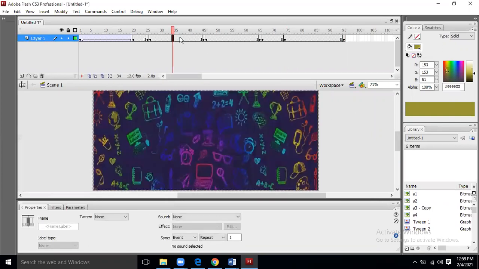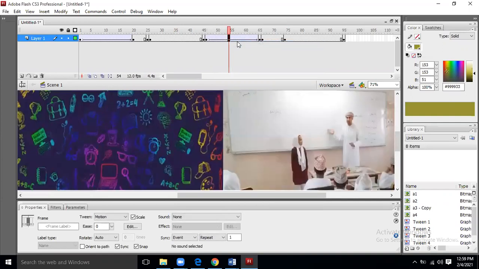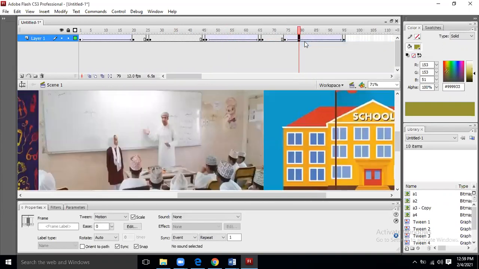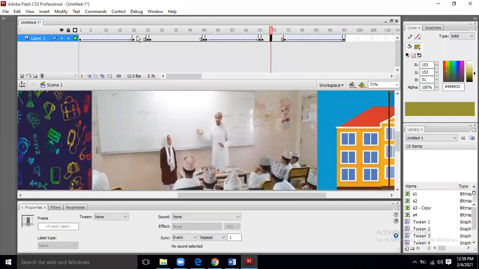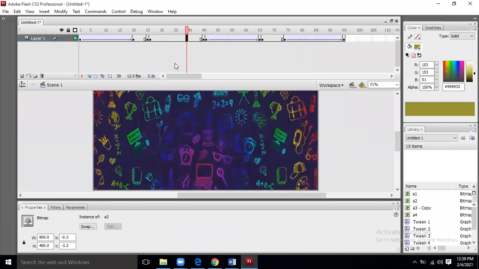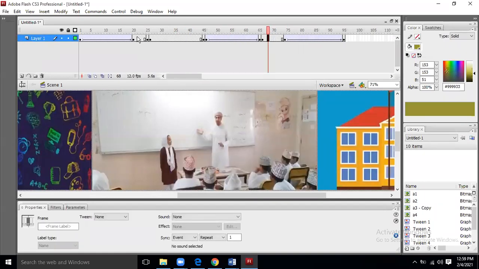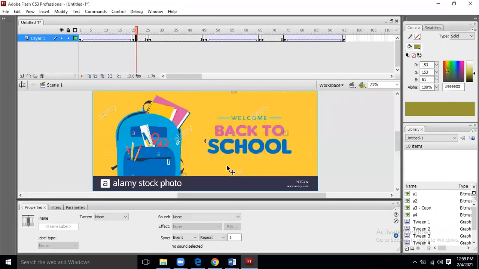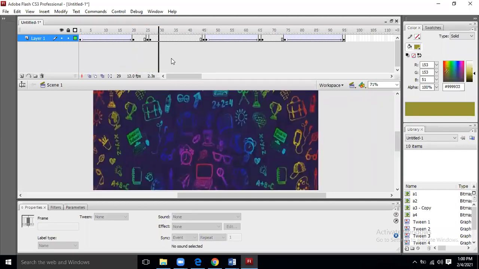And here I'm going to make a tween motion. Here I'm going to make a tween motion. These are the places where the objects are static. I have kept them static, meaning these are the places where the objects are visible. Now this has text as well. And I told you that no objection is there on any school name, any logo. This objection is not there. So that's why you can take any image.